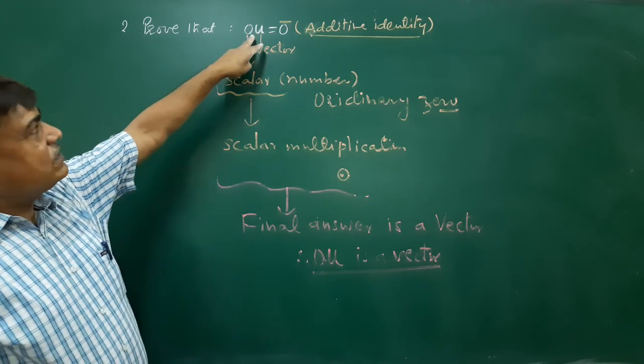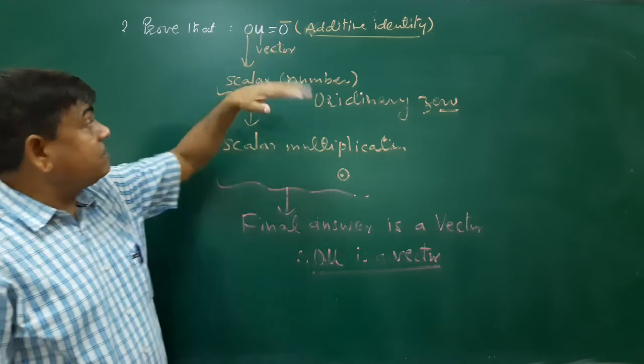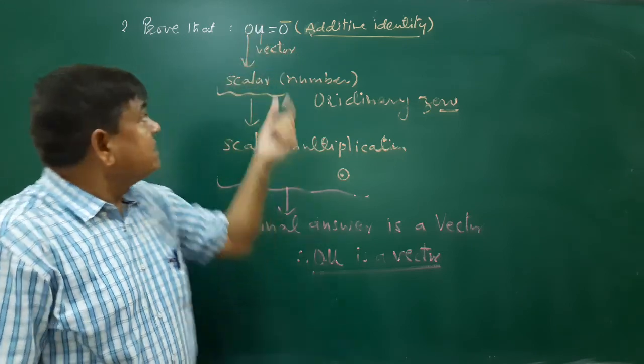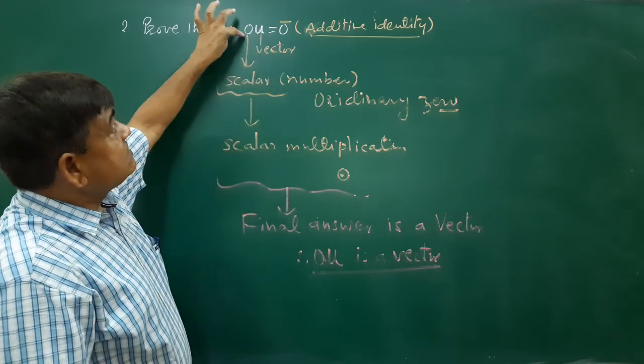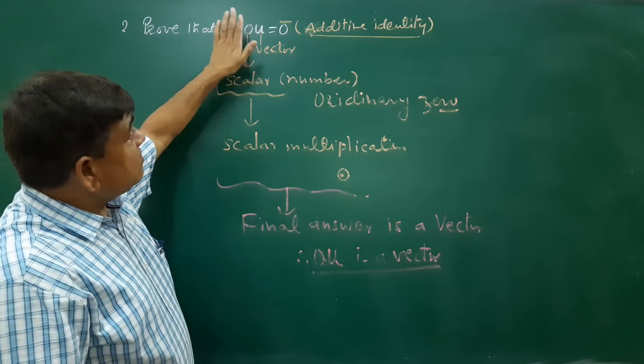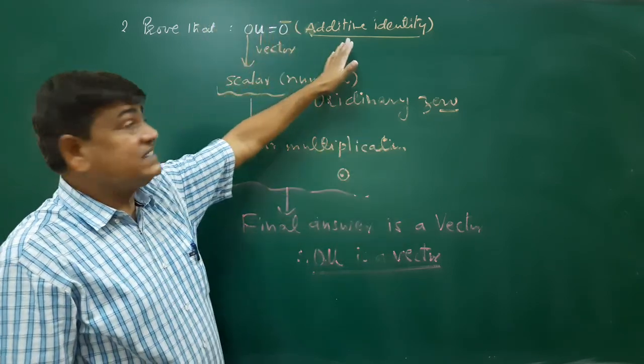See, previously I wrote like this, but you remember what is going on. It must be clear in your mind. This is a vector quantity, here this is a scalar, this is a vector, so this is a scalar multiplication. Scalar multiplication, the final answer will be a vector, so left hand side must be equal to the right hand